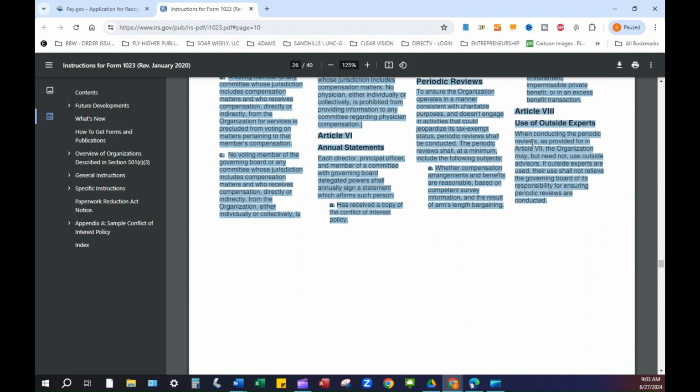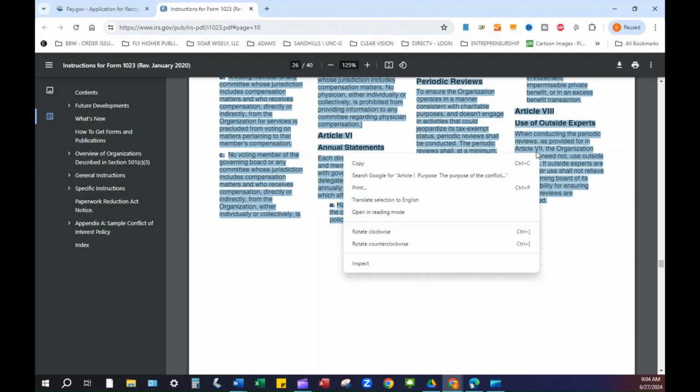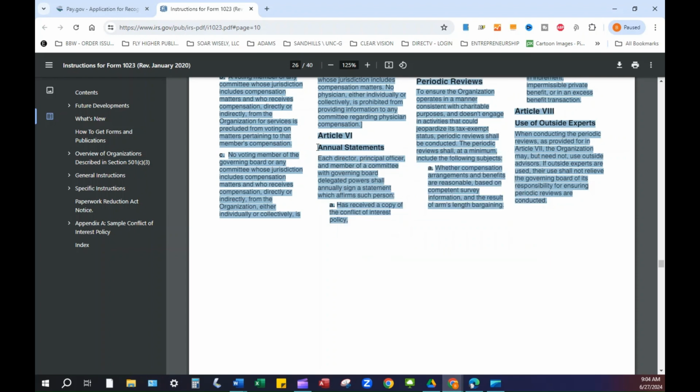So let's just, you see, all I did was hold down the left click on the mouse and scroll down. It's all highlighted. Now I'm going to right click on the mouse and click copy. All right. So we're going to get right over here and then copy that over into a Word